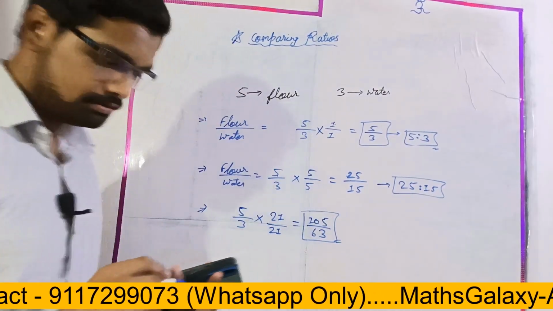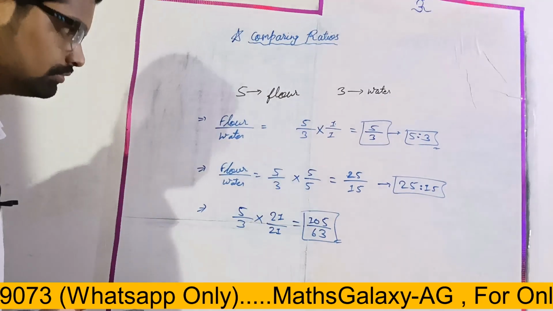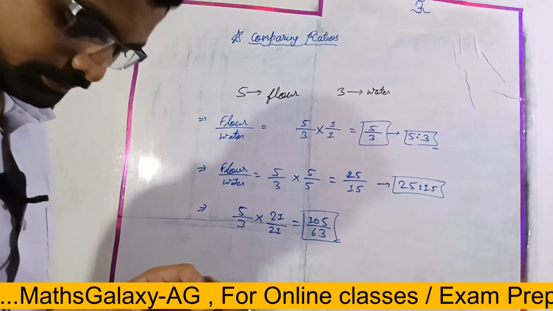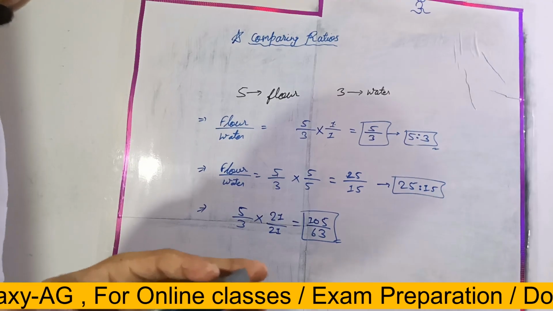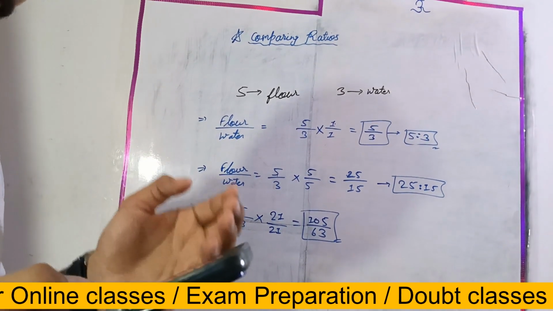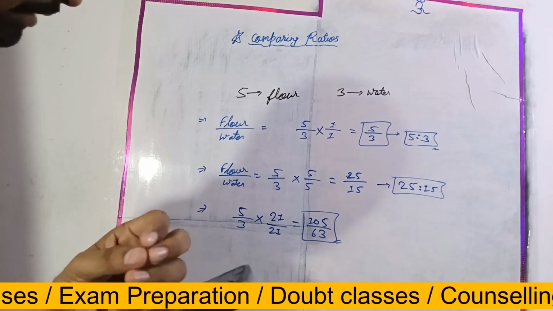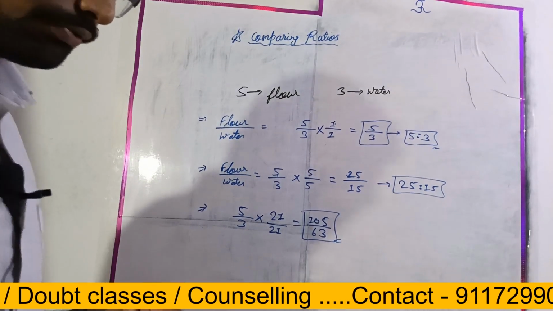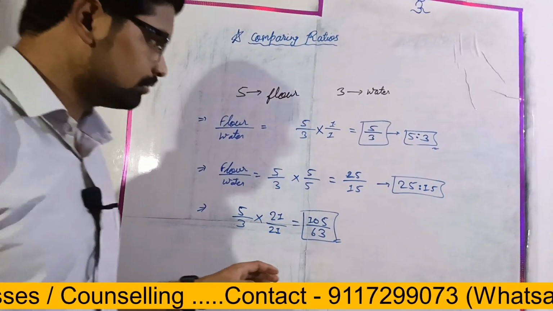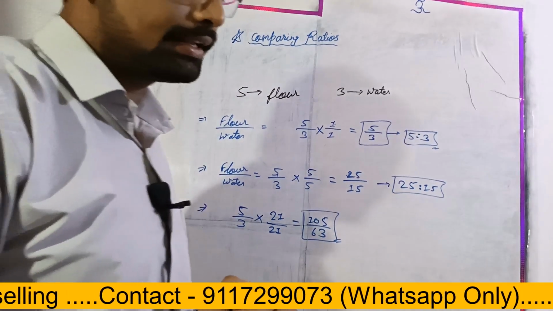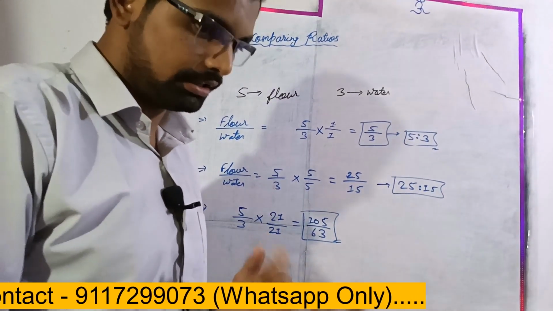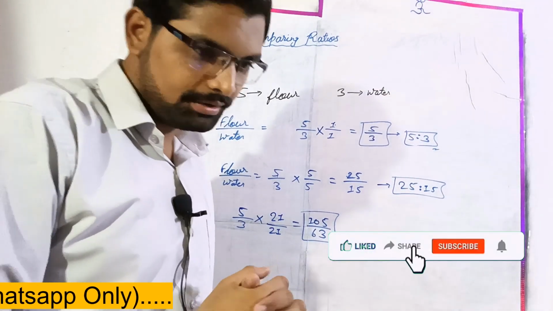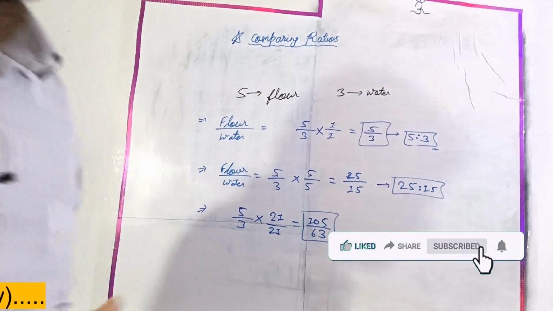Is it clear? Okay, or any doubt? No doubt. Okay, so this was the question which we discussed today. After this we will continue in the next class. Is there any doubt till here? No doubt. If you want to note down this one, then you can note down. Otherwise you can also try this question by yourself as homework, है ना? And you have to submit it today by 9 p.m. Okay, sure? Is it clear or any doubt?